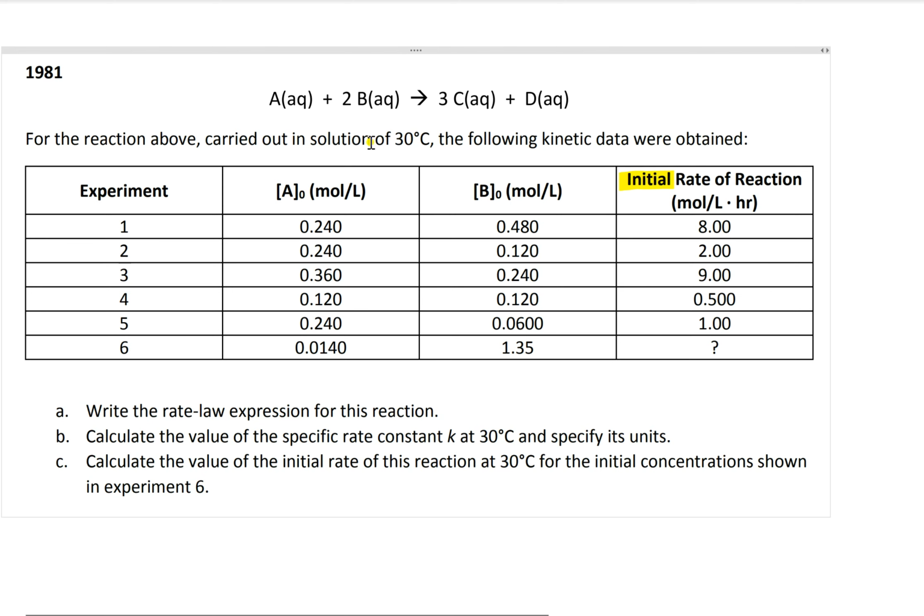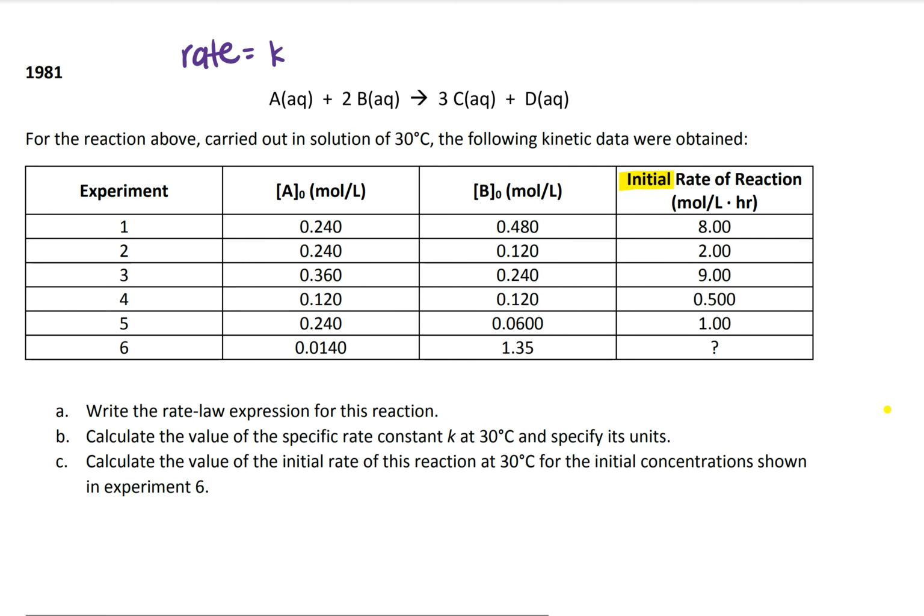Okay, so we have A plus B yielding C and D, and we want to write the rate law expression for this reaction. So they did not include the word differential in here, but they could have, and we will be talking about the same thing. So I'm going to write our generic equation. Our rate will be equal to